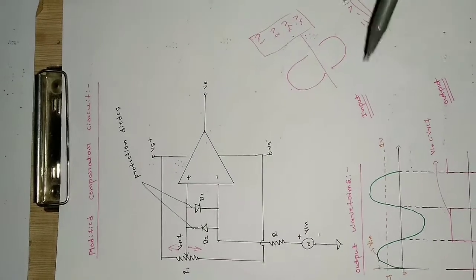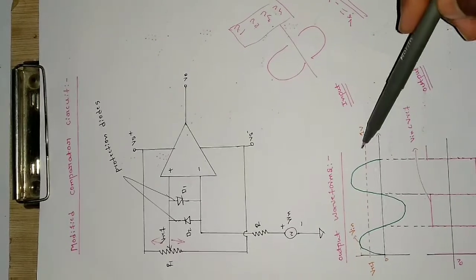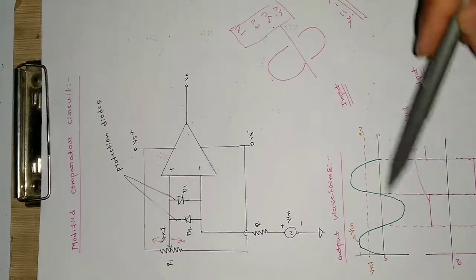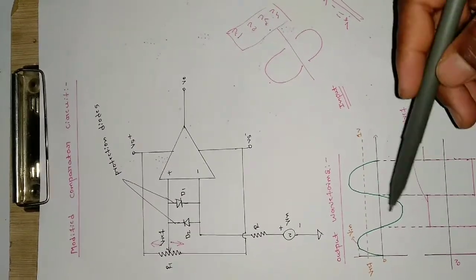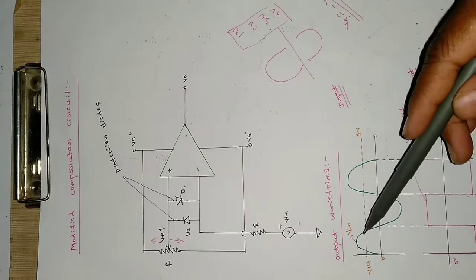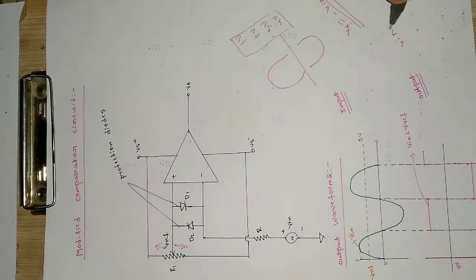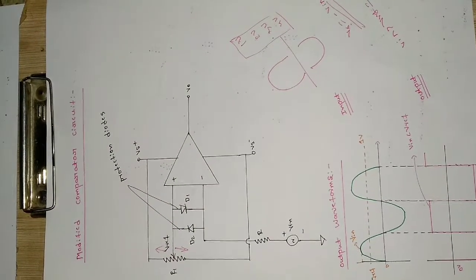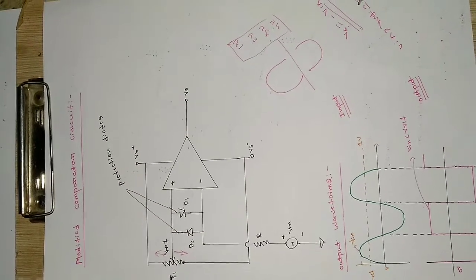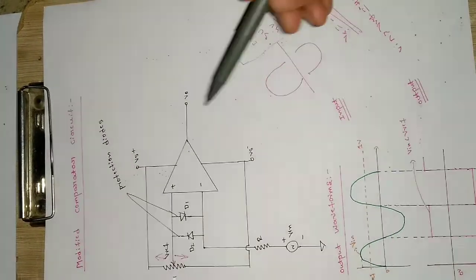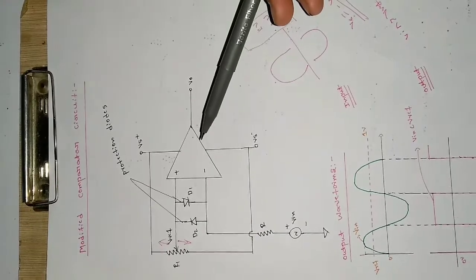That is, they will be opposite in phase with respect to each other. So let us try to find out the output waveforms here. This is the input waveform, and the reference voltage is taken as usual 1 volt, and this is the input voltage, again the same as here. So here the case will be opposite. If the input voltage is greater than V reference, the output should go high. Okay, it is going high, but it will go negative, because this is an inverting type of operational amplifier. The output should be out of phase with respect to the input.